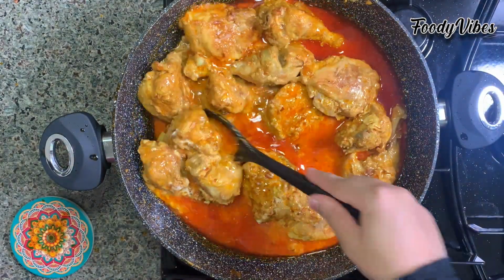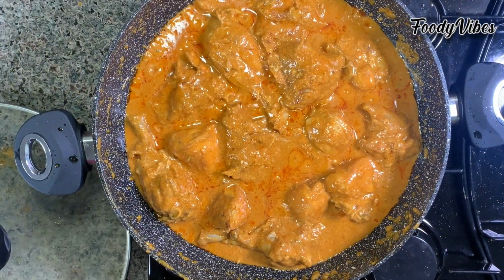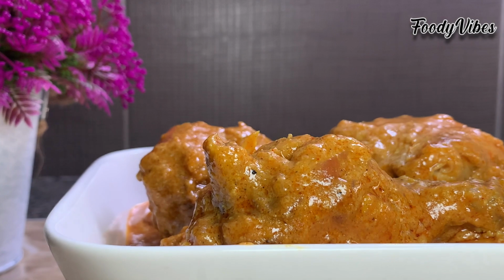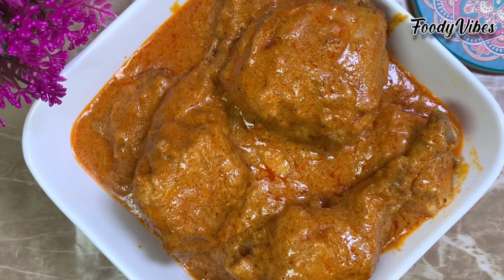Cover and let cook around 10 to 15 minutes until we get this kind of curry consistency. And that's it, our chicken kurma is ready. So this is my style of chicken kurma, right from scratch, so beautifully cooked with lots of flavor that will